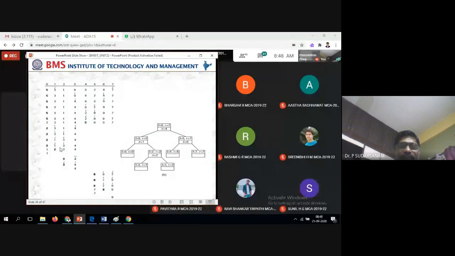So the pivot element where you have placed it is the first location, that is called s is equal to 1. Now when you come back here, 5 7 is there, left hand and right hand side. The elements are 8 9 7. So 8 you are placing here, so that location is called 6. Now left hand side only one element is there, that is called sorted. Right hand side only one element is called sorted. Now go up, finally combine the values. That's what we had written last class, how quicksort works.